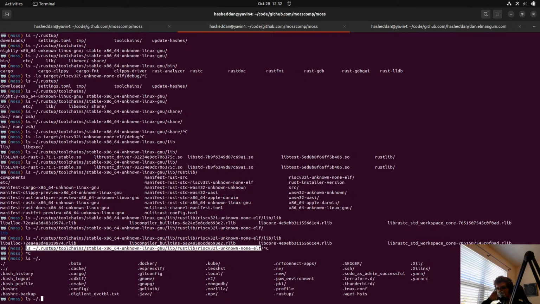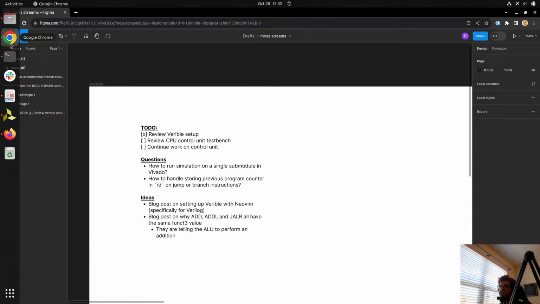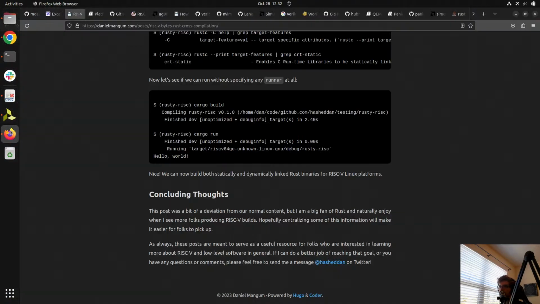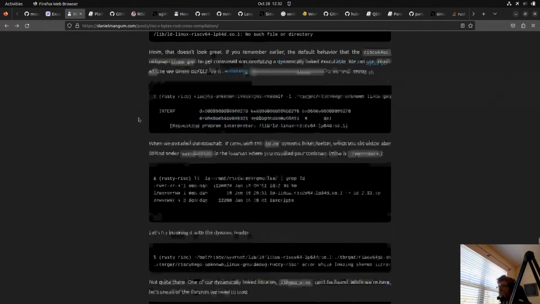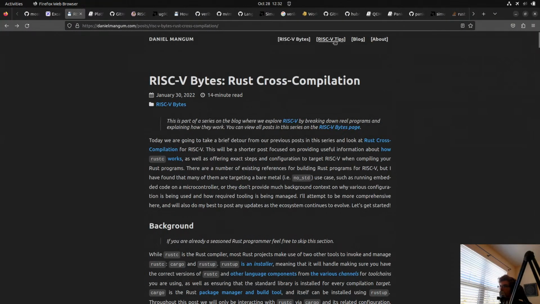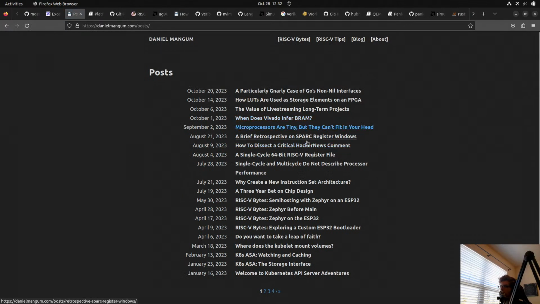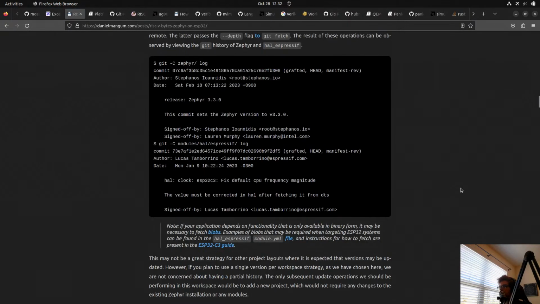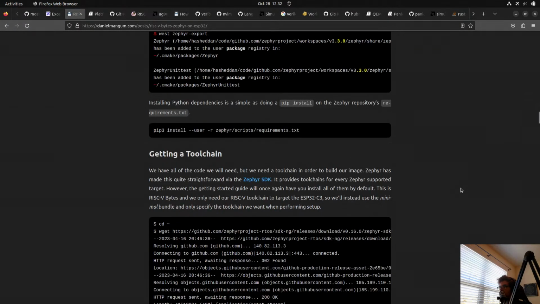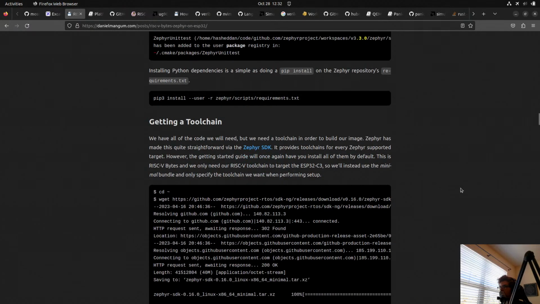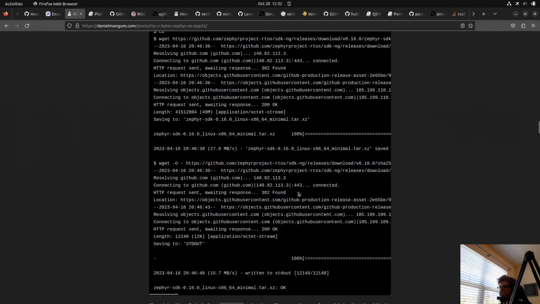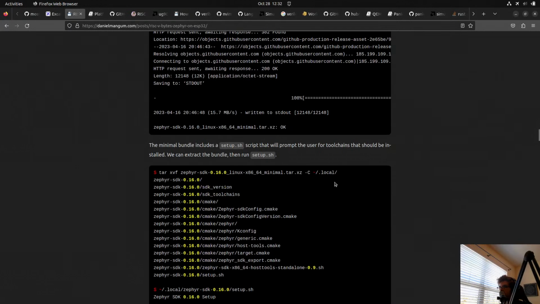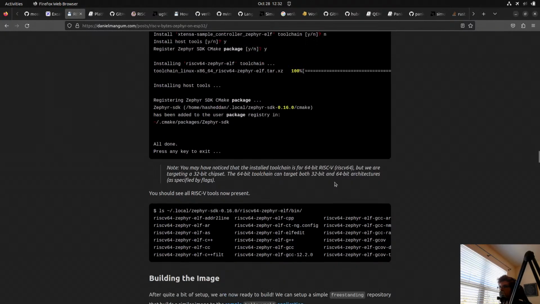Trying to remember where I had my RISC-V toolchain, which we can grab actually from this blog post. Toolchain, local.